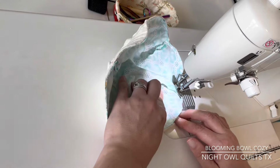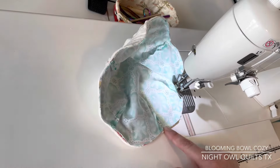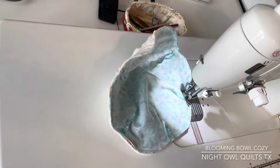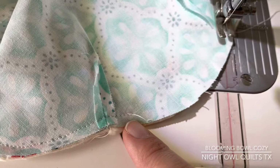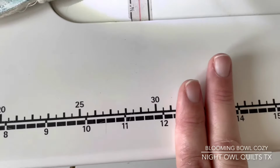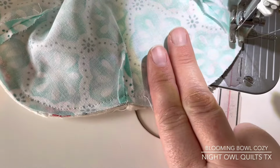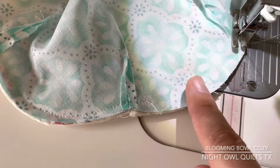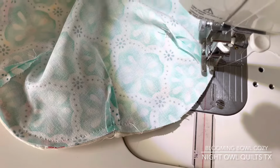All right, this is my last petal. Here's where I started over here. Now I like to leave about a 2-inch gap for turning. So my 2 fingers measure about 2 inches, so you can use 2 fingers or 2 inches. I eyeball it, especially if there's a nice print to my pattern. I hold my 2 fingers there,